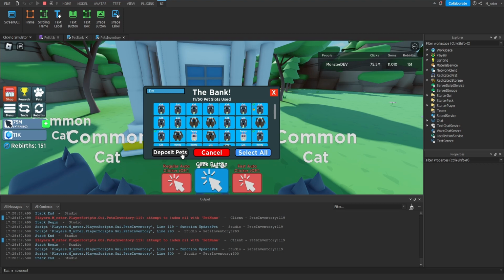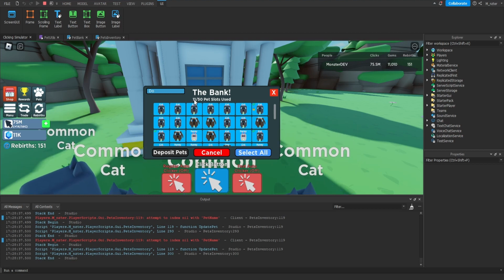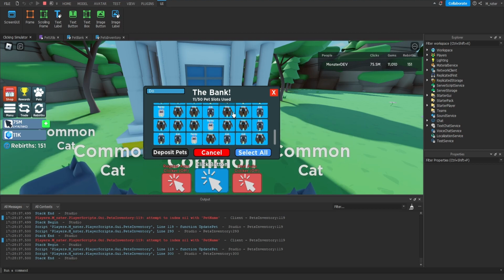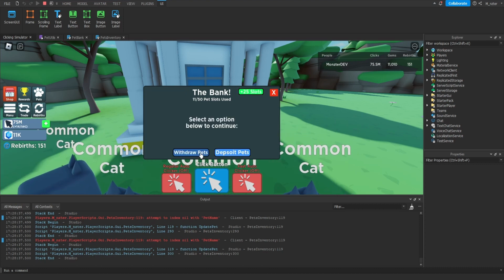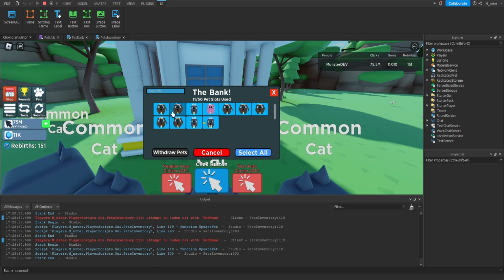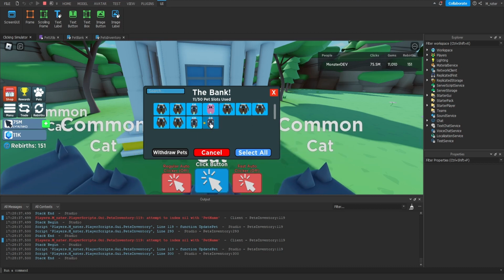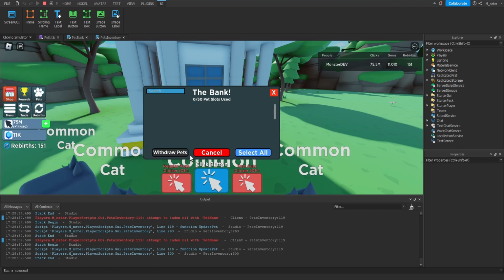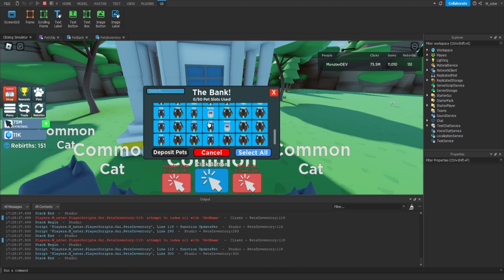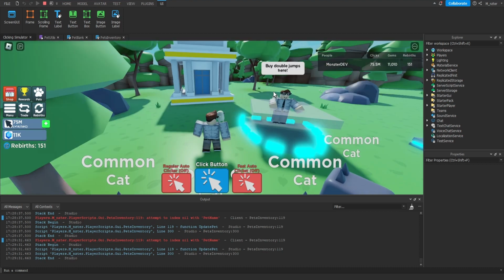Then we can click on deposit 11 pets, and then we can see that the amount text label has been updated right here, as well as the container that's displayed to us has been refreshed with only the pets that it should display. Then we can click cancel and then go back to the main menu, and then we can click on withdraw pets, and then we can see that all the 11 pets are stored right here. So these are the pets that are currently inside of our inventory. If we wanted to, we could select any of these and click on withdraw, and then we can see that that number is updated right there. We can also select all of them, withdraw all of them, and then they should all be added directly back to our inventory. So it seems like the pet bank is functioning perfectly,